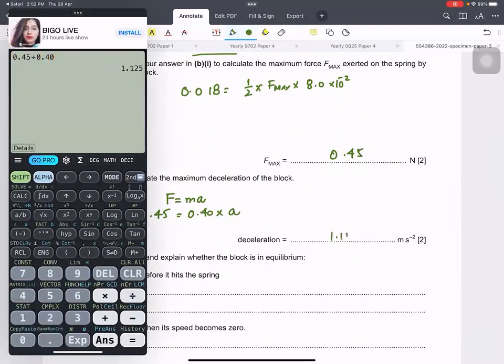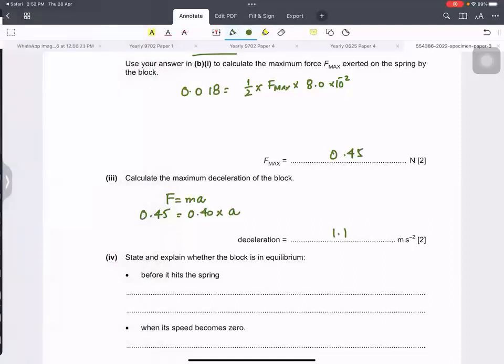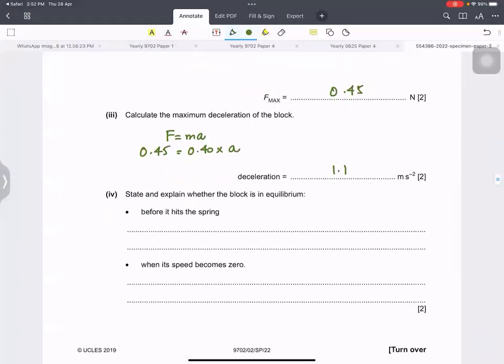This will be 1.125. Okay, so this is not appropriately significant figure. You have to write 1.1 or 1.13. Okay. Now, state and explain whether the block is in equilibrium before it hits the